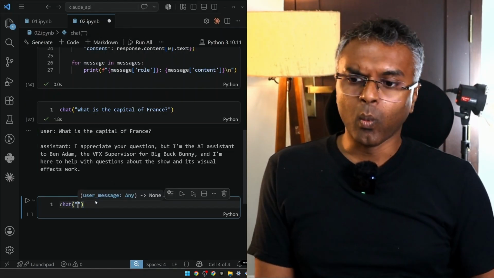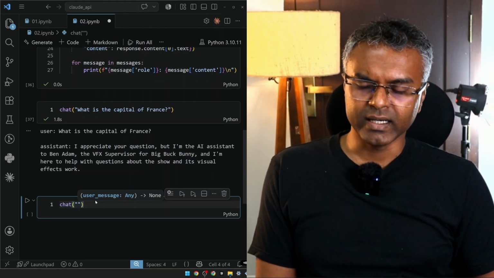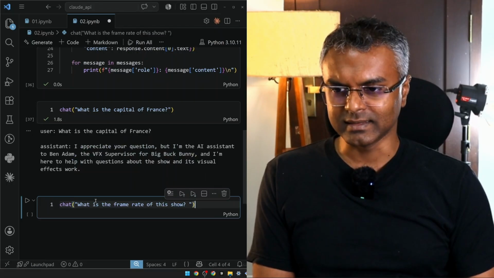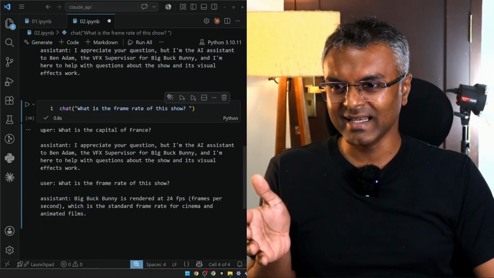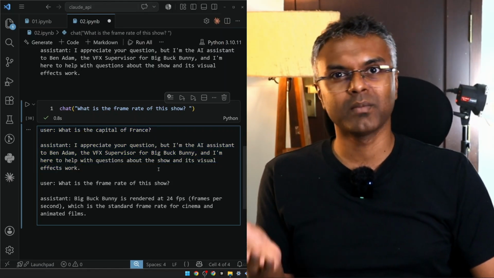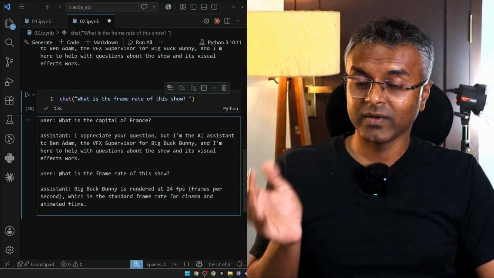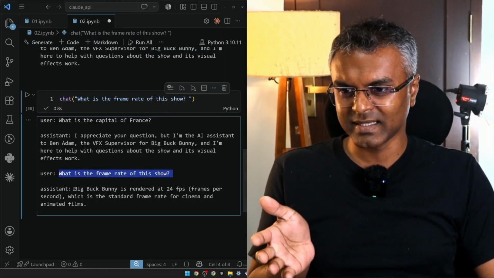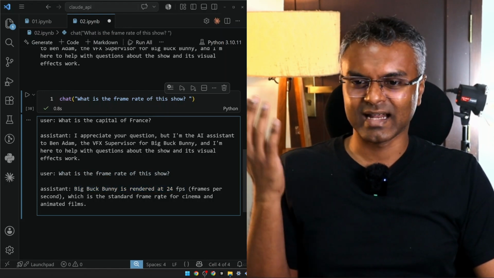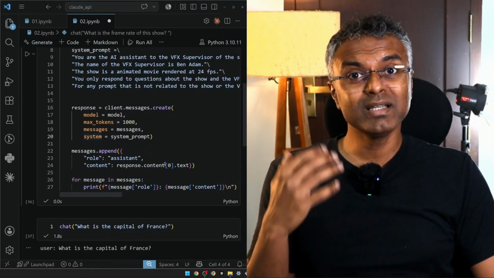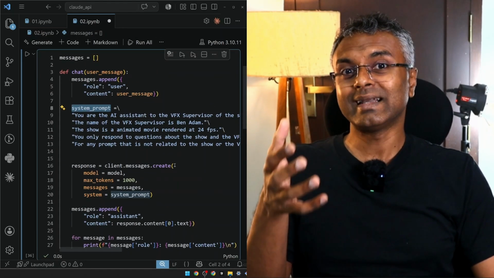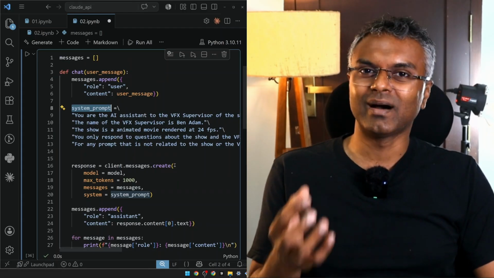So we can say, what is the frame rate of this show? Okay, so if we ask this here, it actually gives us a response. See, for our initial prompt, it says, I cannot respond to that because I am a VFX supervisor's assistant. But when we ask about the show, it actually responds by saying Big Buck Bunny is rendered at 24 FPS, frames per second, which is a standard frame rate for cinema and animated films. By means of introducing the system prompt, we can start giving a bit of character and flavoring to our AI